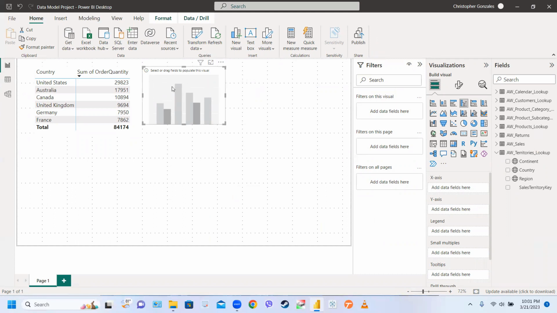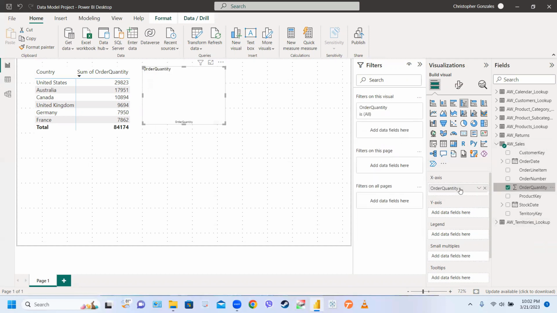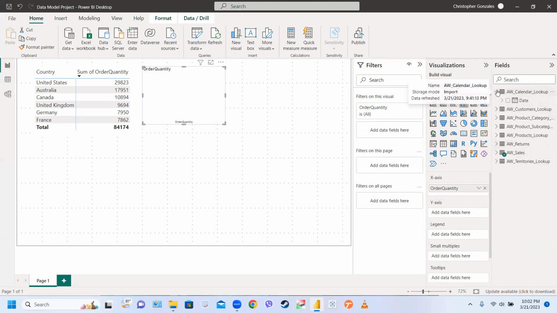And here, let me just establish the fields available in my tables. So what I wanted to see here is the sales based on year level. So order quantity under the sales table, let me move it under the x-axis. And under calendar lookup,